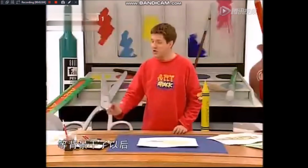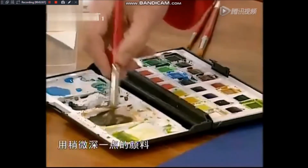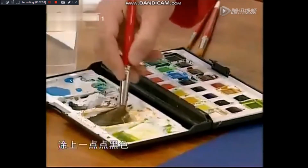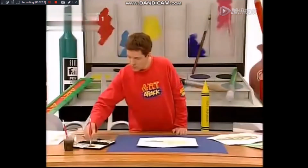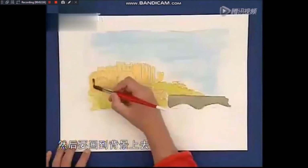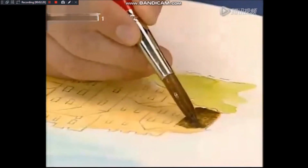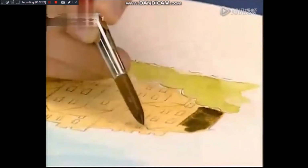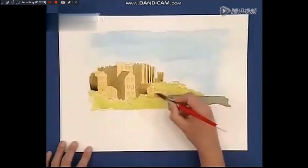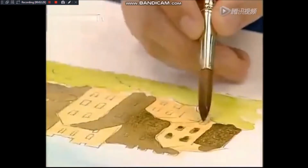So when your background is dry, then you can add on a layer of shading. And to do this, you just mix your paint slightly thicker and add in touches of black. And then just paint it on to the dried background, and look at that, no runs at all. Just another little bit there, like that. Just to finish off